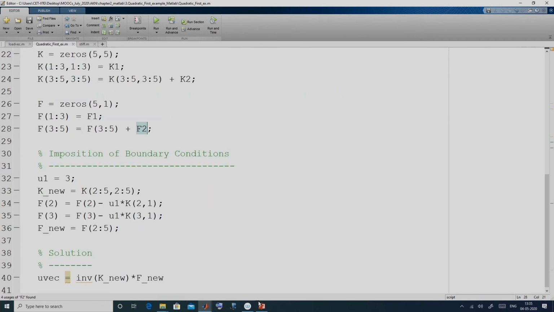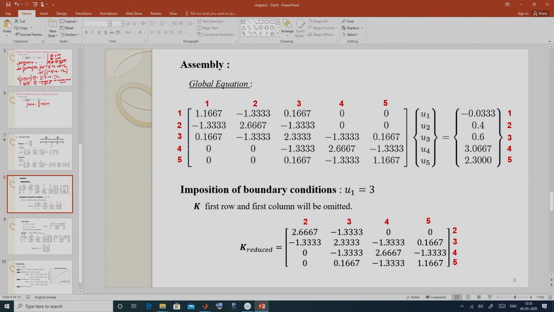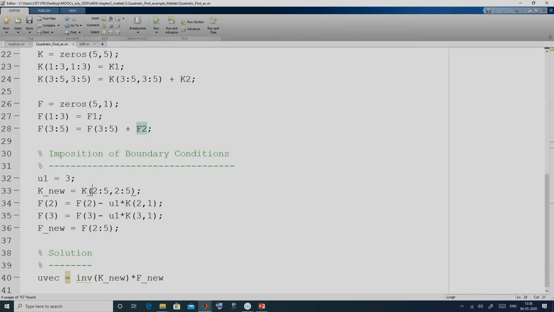After that, the imposition of the boundary condition, that is from second row to fifth row, second column to fifth column, is done here. We will learn how to do this boundary condition in a more general way later.